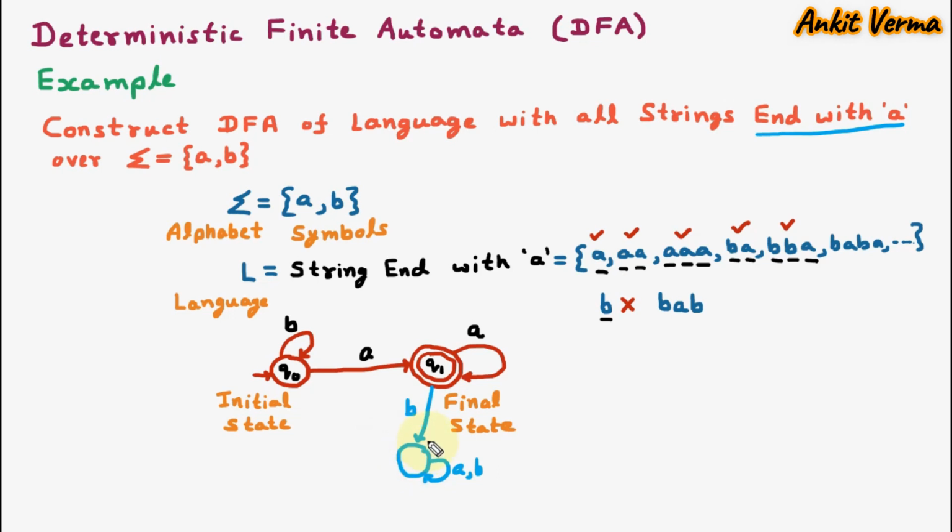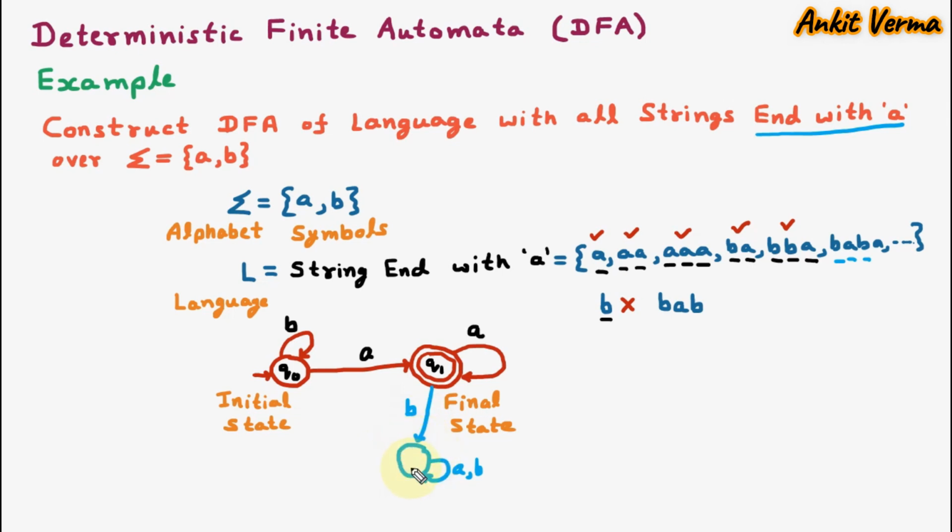Let's check. Take an example. Let us suppose that we are taking this string. Here B comes. So for B, the self loop, we are coming back to Q naught. Then for A, we are coming to Q1, and then for B, from Q1 we are coming to the dead